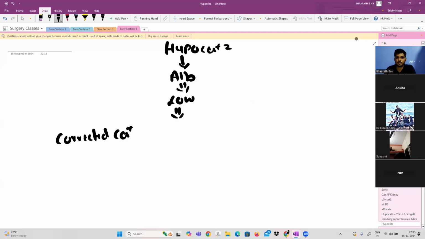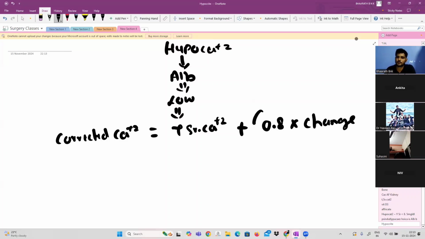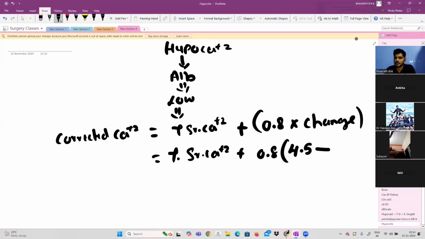Now this corrected calcium would be the total serum calcium, which you got as low because albumin was low. To this, you need to add the correction. What would be the correction? Which is nothing but 0.8 times the change. Right? So that is the physiological basis of the formula. So what would this change be? So it is total serum calcium plus 0.8 into the change, where we take standard as 4.5 minus the current